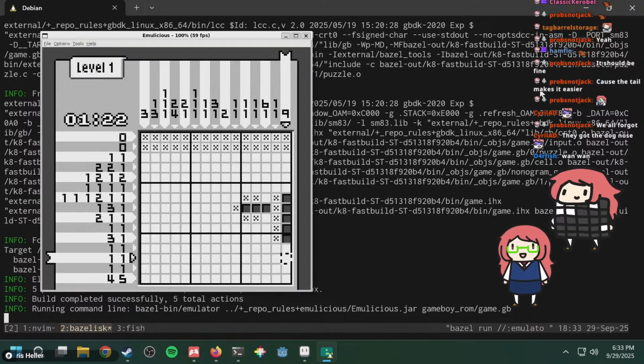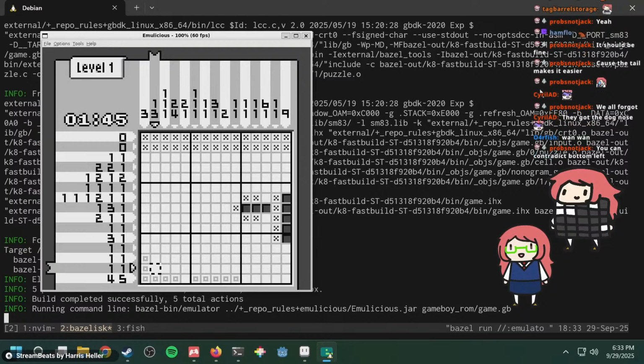That's why I think you need to have more outlines. The outline needs to be a bit thicker so that you know where to put things. I feel this could maybe be done using contradiction strats, but it's a bit too much, you know? Like if this was here, we know this one. Oh wait, hold on. You can contradict bottom left. Actually, this could be a good harder puzzle, right? It'd be good to have some contradiction strats in the game, because otherwise it'll be like Miku Picross, where it's